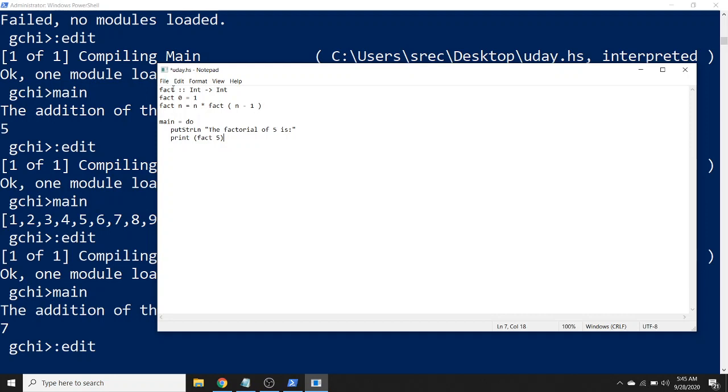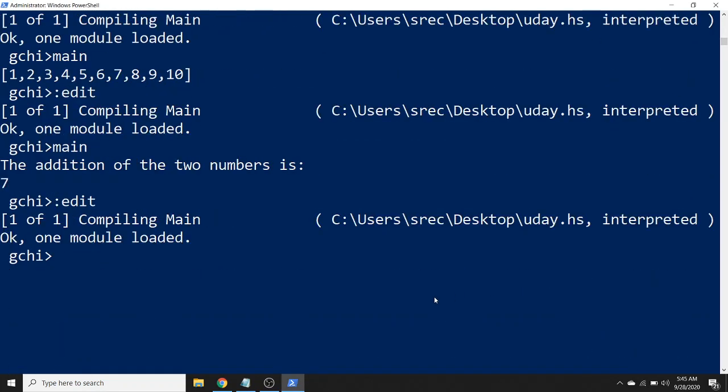That is, we have the function called fact that will compute the factorial value of the given number. The main is the command that can be used to evaluate the previously loaded script. You can see the factorial of 5 is 120.